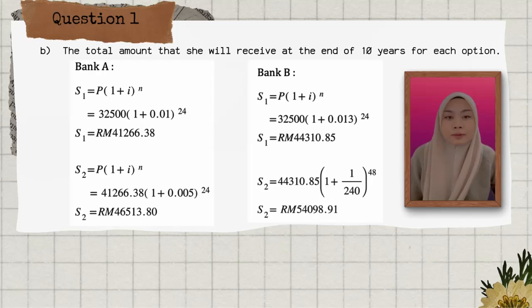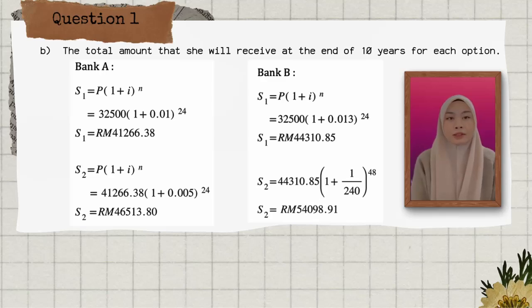and 38 cents. For S2, take the 41,266 and 38 cents multiplied by 1 plus 0.005 to the power of 24. The last answer is 46,530 and 18 cents. For Bank B,